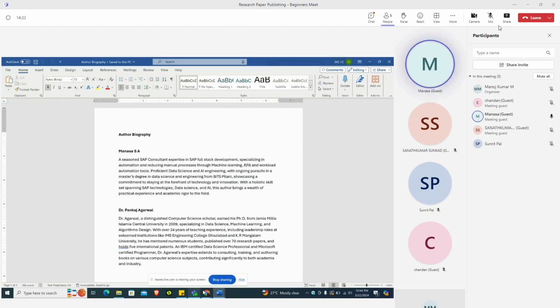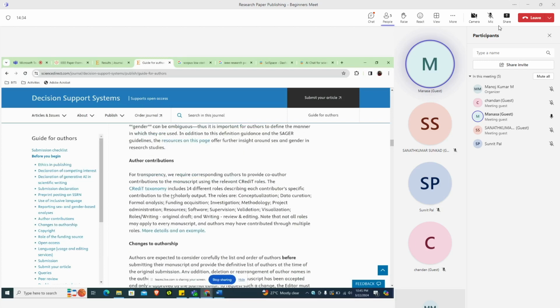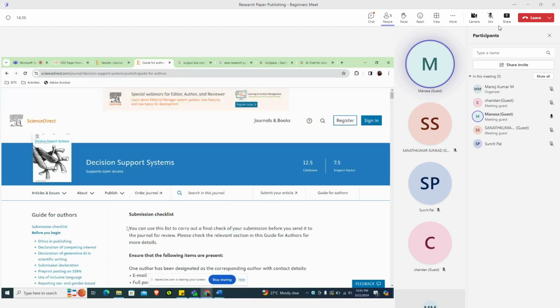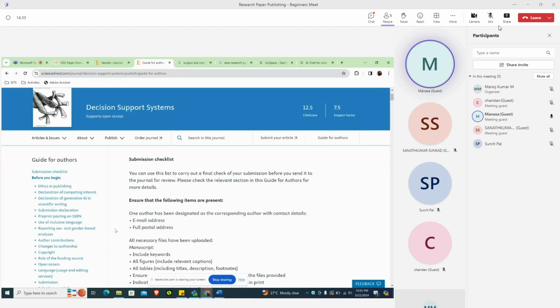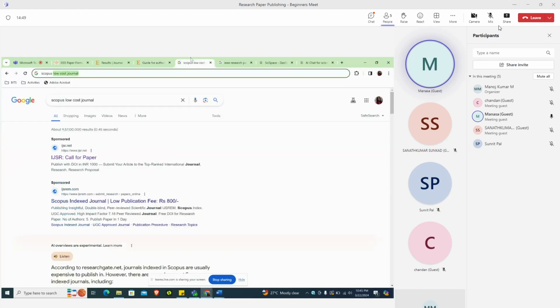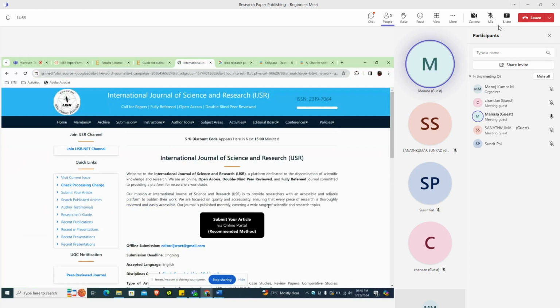So it will all be listed under this section, where we can find the details. So this is in general about Scopus Index. For non-Scopus Index, it is a little more straightforward. I mean, if you just visit their website and submit, it gets accepted easily also. It's not a big thing.